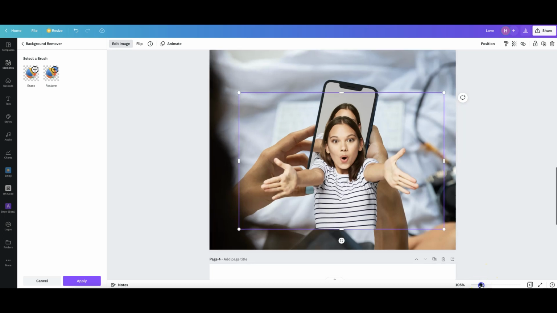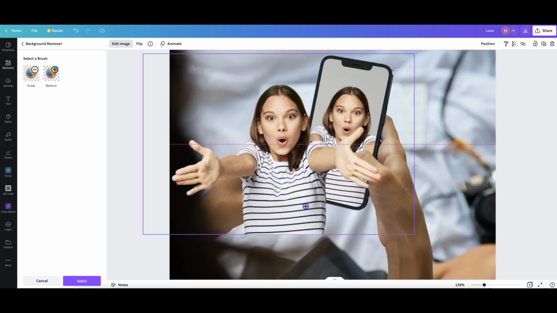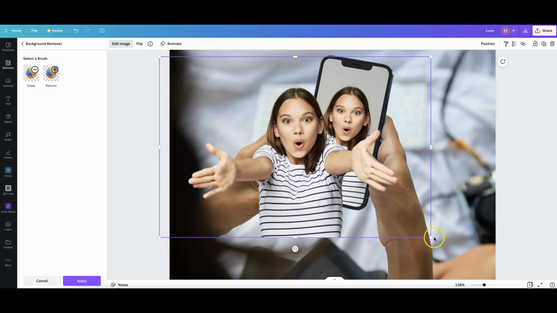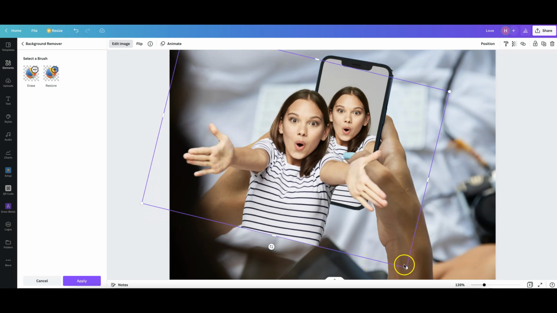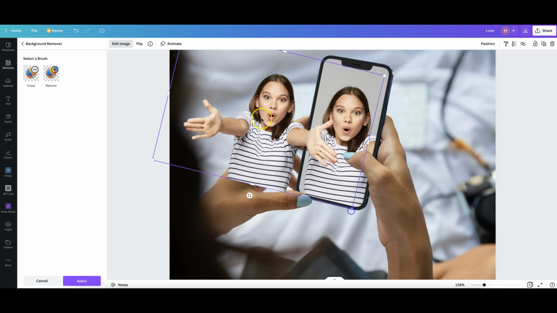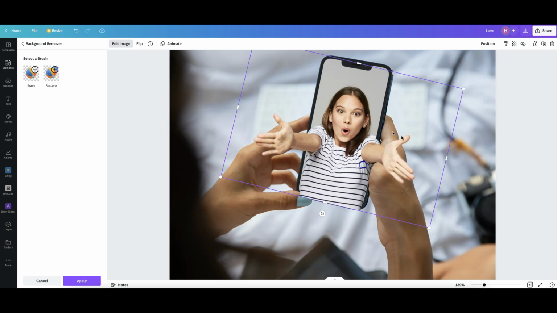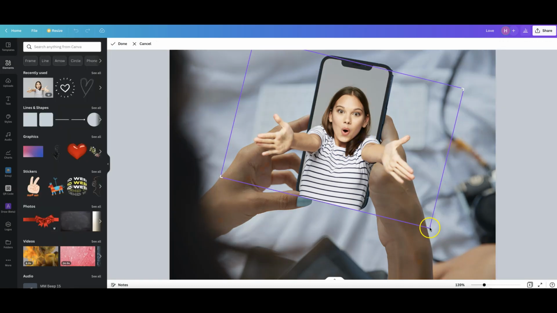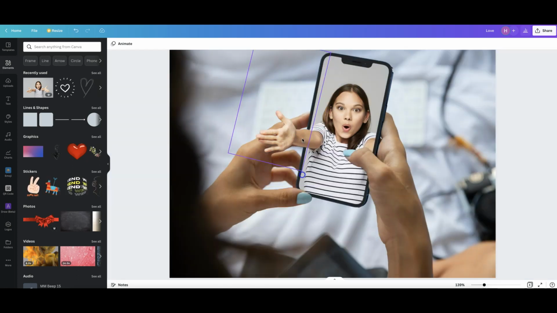I'm going to zoom a little bit in, and the duplicated image needs to have the same size of the image in the mockup. So I twist it a little bit. So something like this. And then I adjust the image by double clicking it and cut out a piece right here. And now I do the same with the other arm, so I duplicate this image